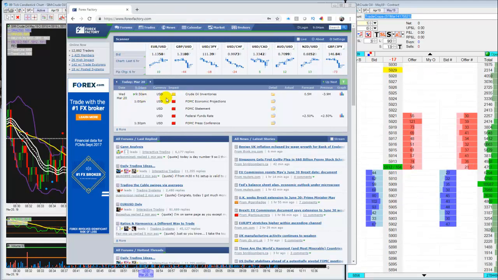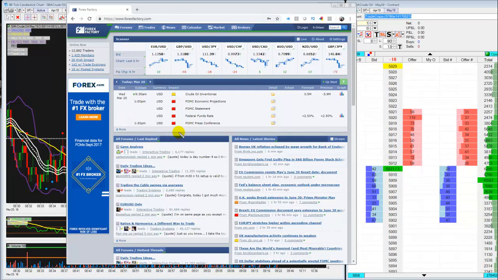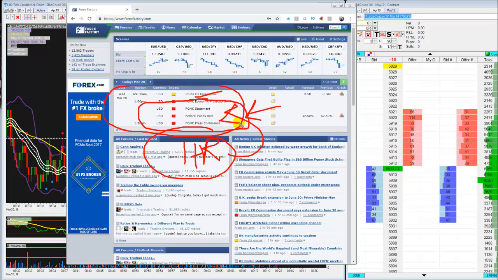So what do we got going on today? Let's get our screen draw tool out. This is what we have going on in the U.S. today, and it's set on CST, meaning Central Standard Time, Chicago time. You have our inventories coming out at 9:30, but more importantly, we have the talking heads coming out with their stuff at 1 o'clock. So we need to be out of this trade, I would say, no later than an hour after the release today, because of the tendency of the market to kind of flatline